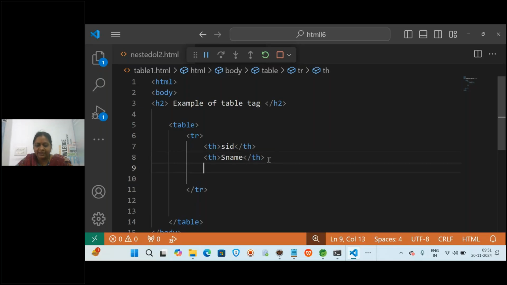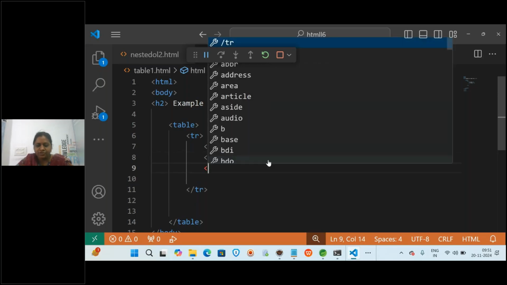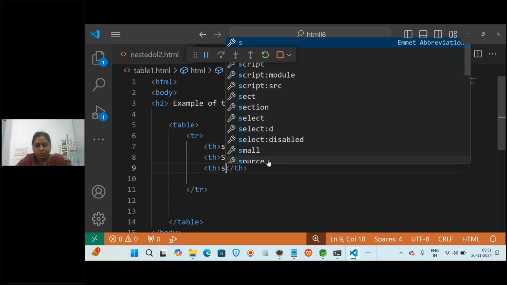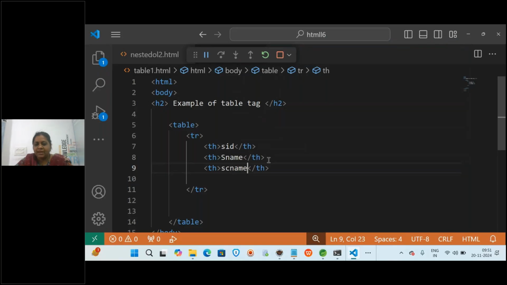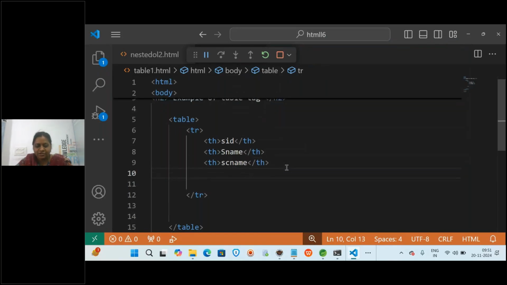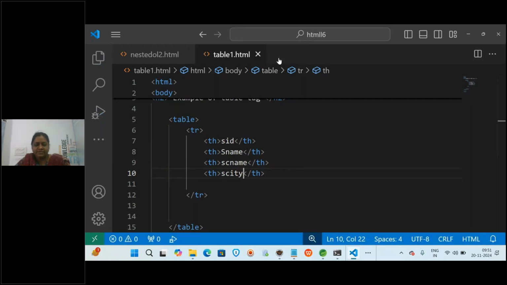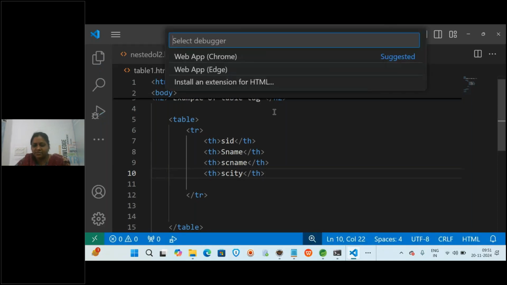Again TH, student course name. And again TH, student city where he is staying. Okay, and these are the columns I have given now. I am going to save this once, and I'm going to execute once. See, all of you, how it comes.